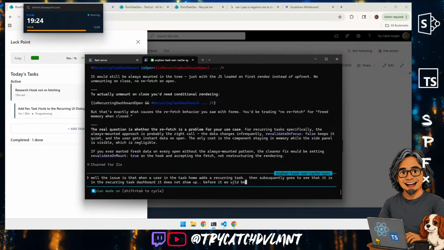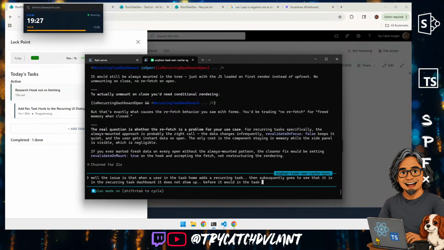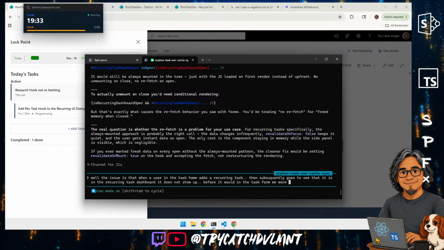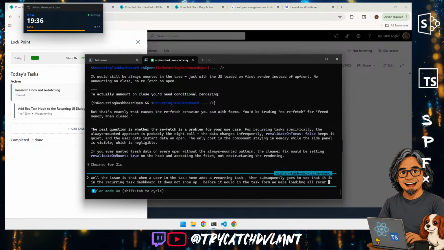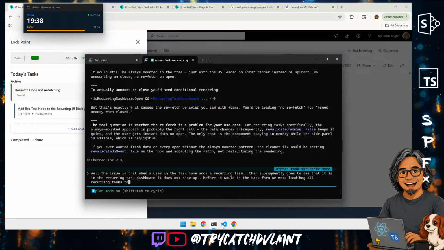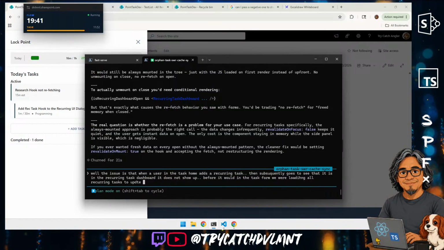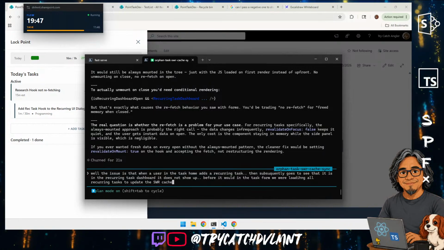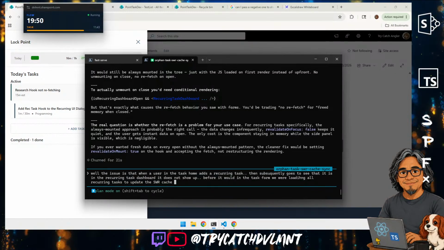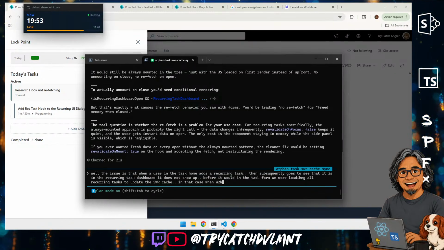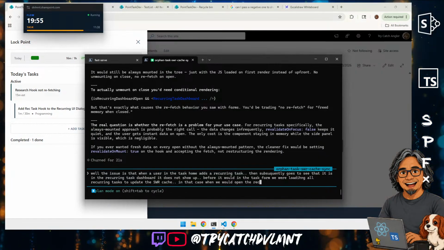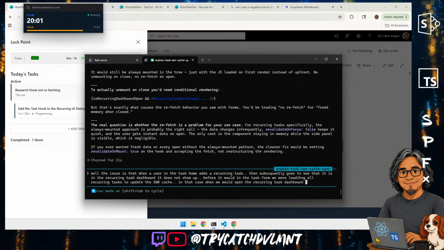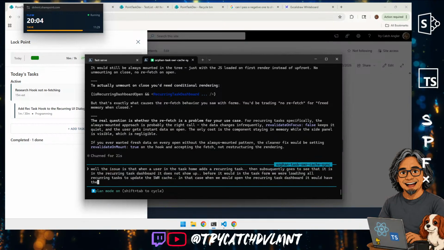Before it would, because in the task form we were loading all recurring tasks, updating the SWR cache. In that case, when we would open the recurring task dashboard, it would have the